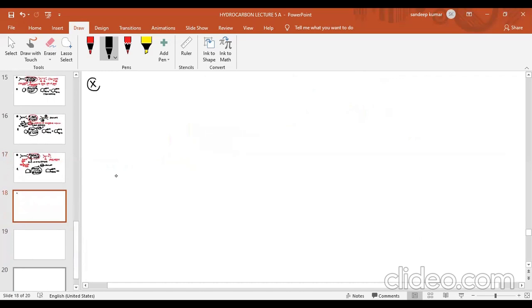So we have discussed the hydroxylation reaction. Now we are going to discuss the catalytic oxidation by KMnO4. The next important chemical property of alkenes we are going to discuss is catalytic oxidation of alkenes, by using KMnO4. What is KMnO4? Potassium permanganate.